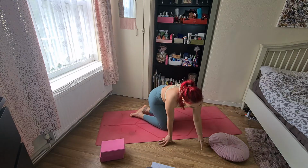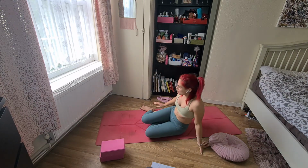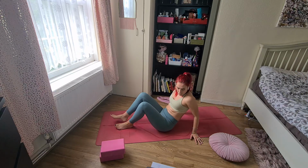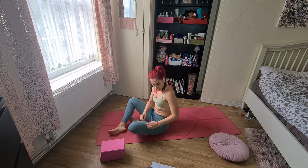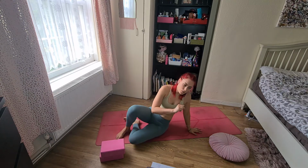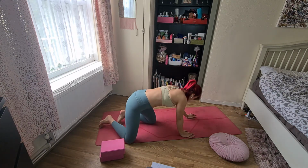So now I'm going to bring you to the supine posture, which is lying facing up. And here we will be doing a lying chest opening position. So actually I lied to you, so you have to go back onto your belly, lie down on your belly,